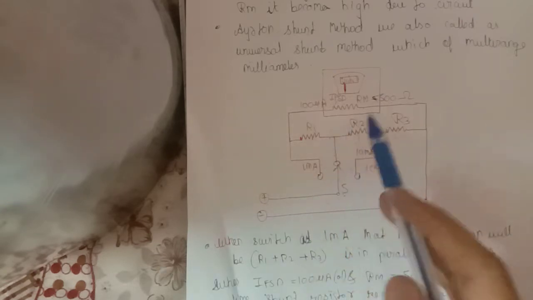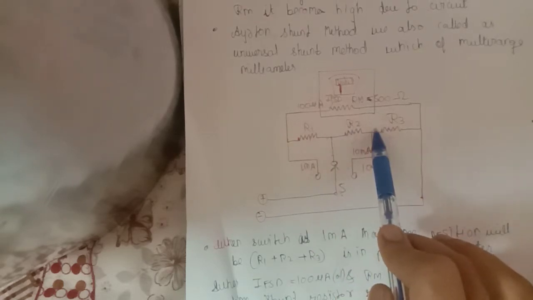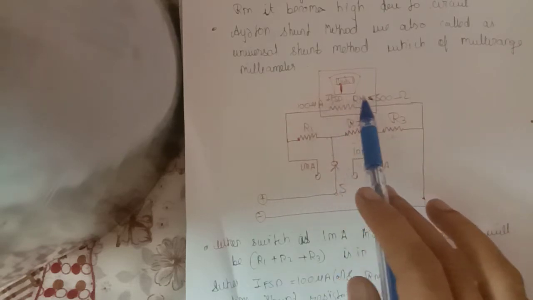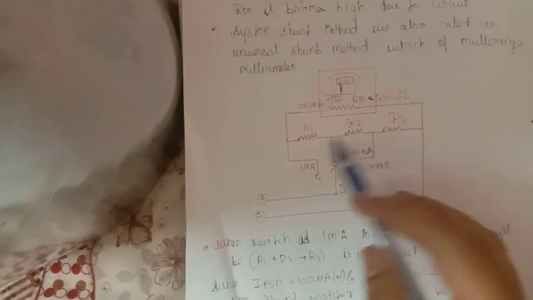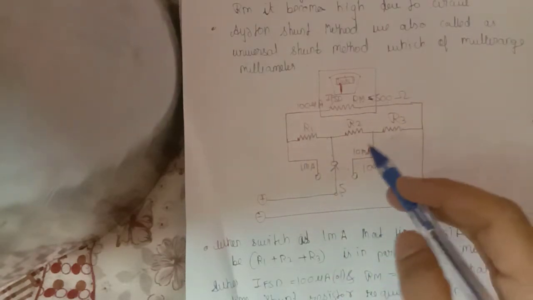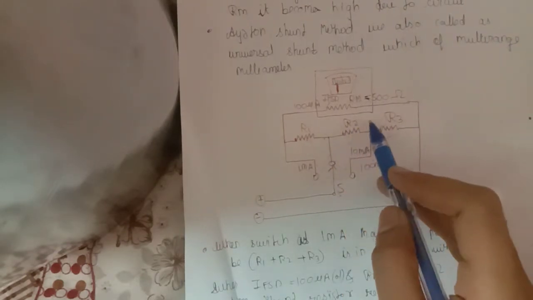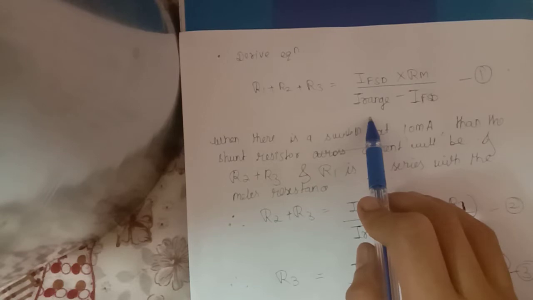When the switch is at 1 milliampere, the shunt is R1 plus R2 plus R3, which is in parallel with the meter, where IFSD is equal to 100 microamperes and Rm is equal to 500 ohms. That time the shunt resistor is able to pass a current of 1 milliampere minus 0.1, which is 0.9 milliampere. Now we will derive the equation: R1 plus R2 plus R3 is equal to IFSD into Rm upon I range